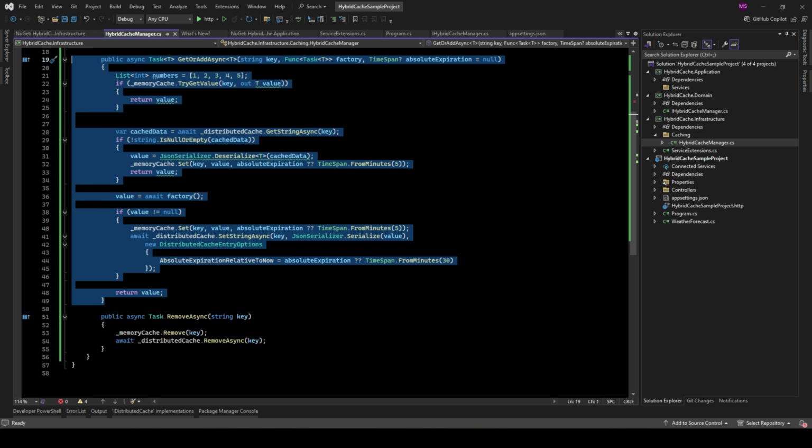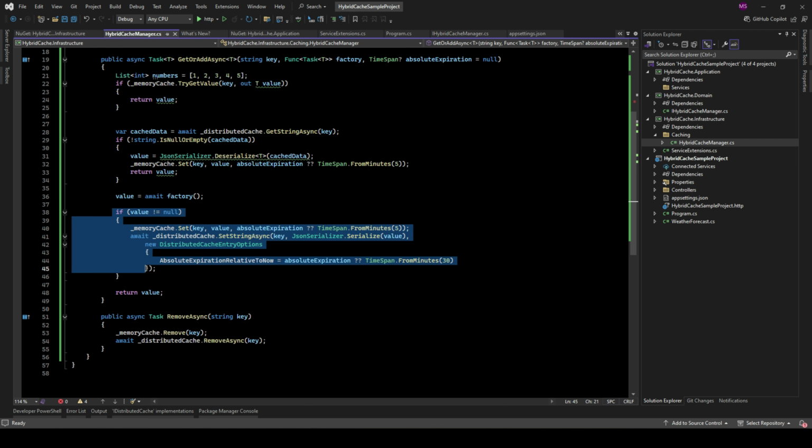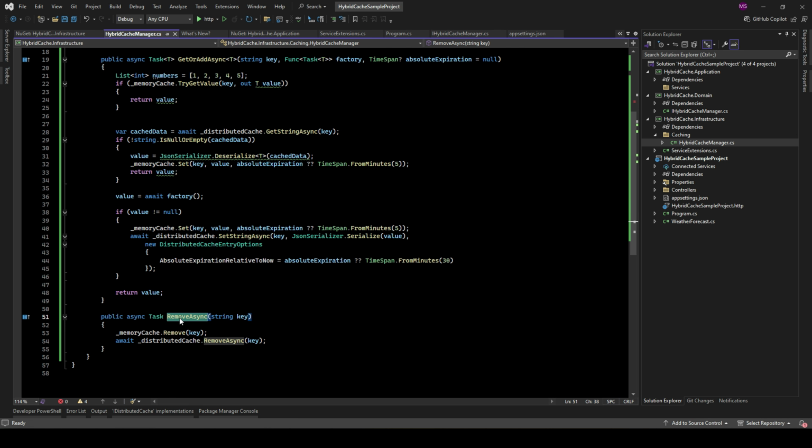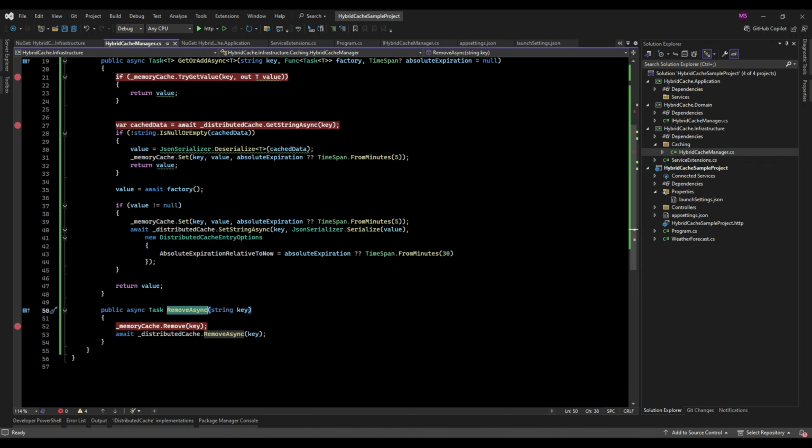It prioritizes local memory cache for instant access, then gracefully falls back to the distributed cache if the data isn't found locally. When necessary, it regenerates data through the provided factory function, ensuring that even a cache miss is handled efficiently. And finally, the remove method removes the data associated with the given key from both the memory cache and distributed cache.